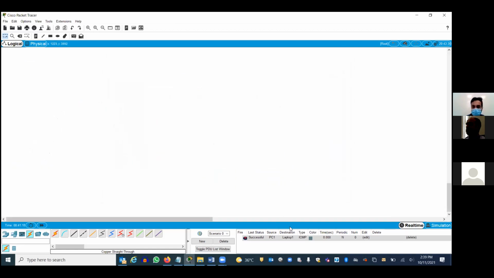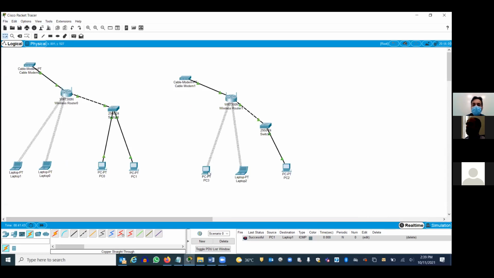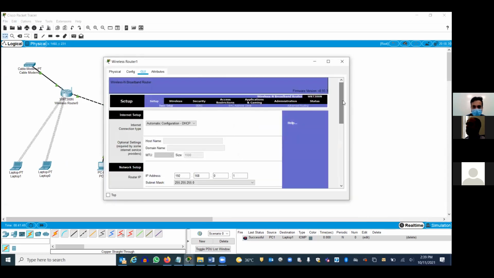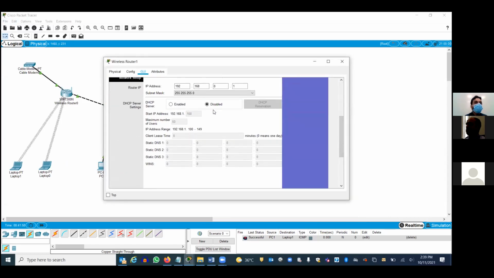So what if I disable DHCP? Can someone tell me?